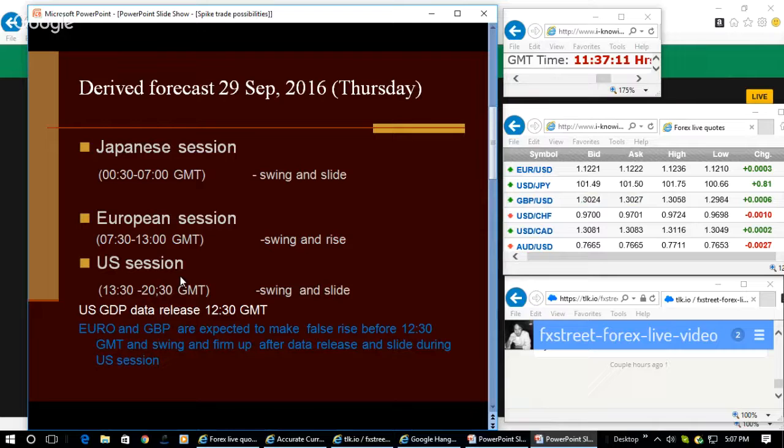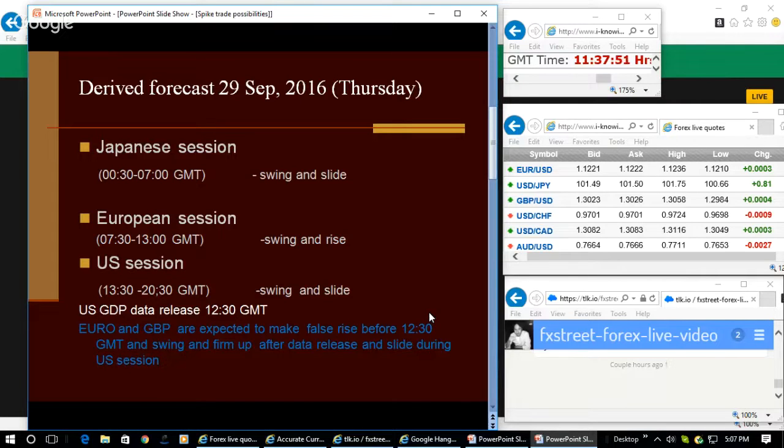Afterwards, the following session is the US session. What is going to happen? These calls pertain to Euro and GBP. Euro and GBP are expected to make the rise towards the close of the European session and then start making the higher level swing and then slide during the US session. When they are expected to make the swing and slide during the US session, on any quick upward move, we should be able to take a sell position